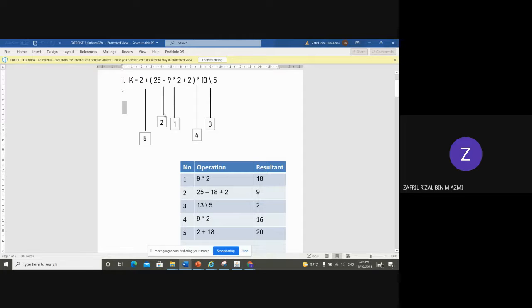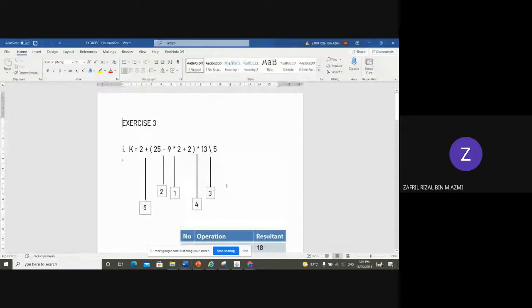So the number 2 supposedly the process is 25 minus resultant 1. This one is supposed to be